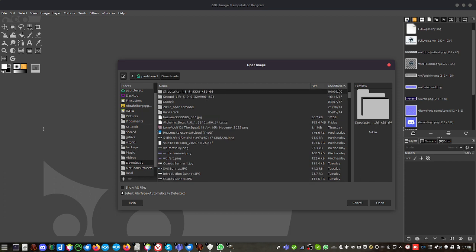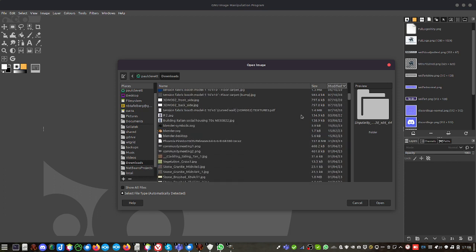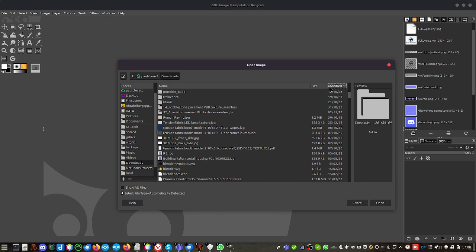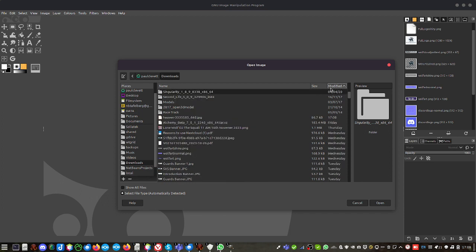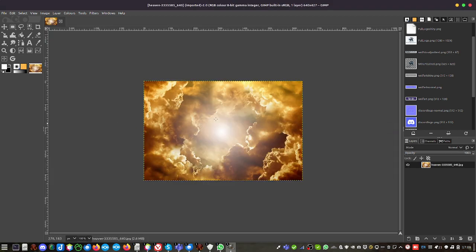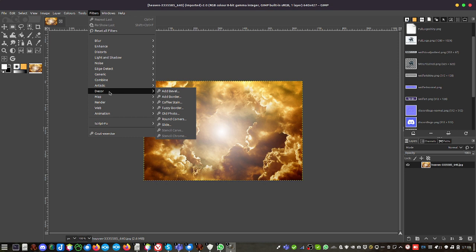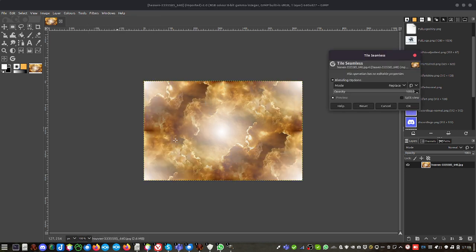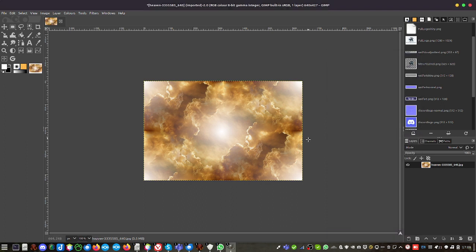So I'm just going to grab that image I just downloaded. Hopefully, if I can find it in my downloads. Of course, that's where I put it. What's that? 2022. Oh, here we go. Cloud Heaven. Right. So here's the image. Now I'm going to do a couple of things. First thing I need to do is to make it seamless. I never find this map. Okay, go to map and tile seamless. Okay. Now you see what that does. It looks a bit crazy, but what it does is it means whichever way